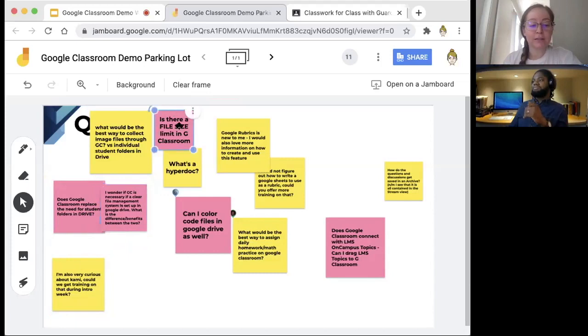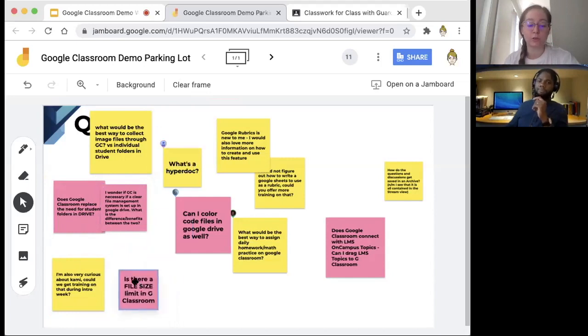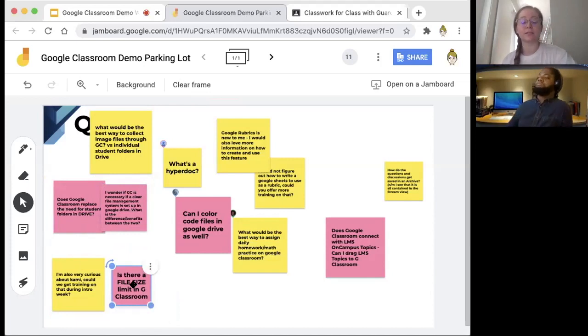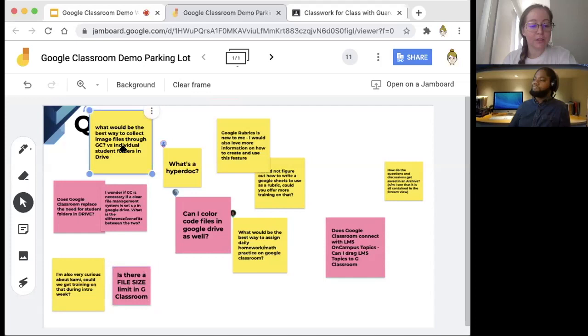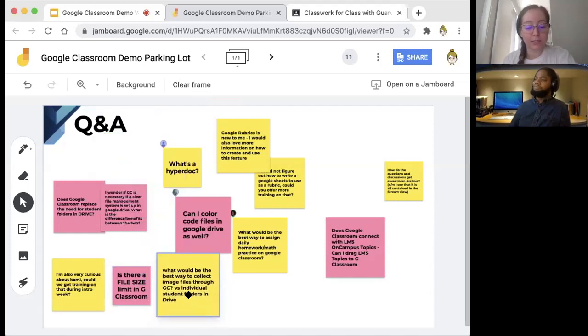Is there a file size limit in Google Classroom? No, there's not, because we're education, so we do not have a file size limit. Although if someone's handing in something really big, it may take a little longer because they have to upload it. As for the best way to collect image files through Google Classroom versus individual student folders in Drive,